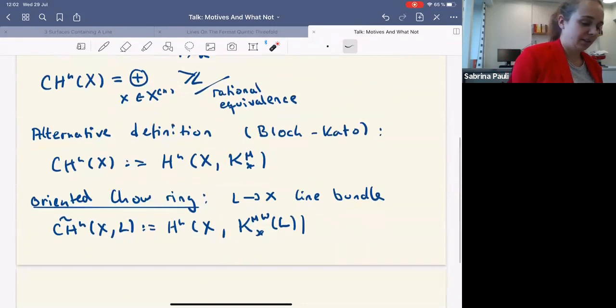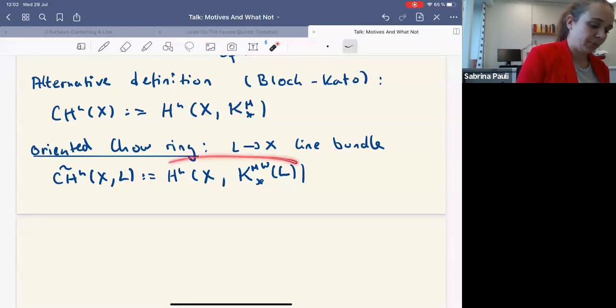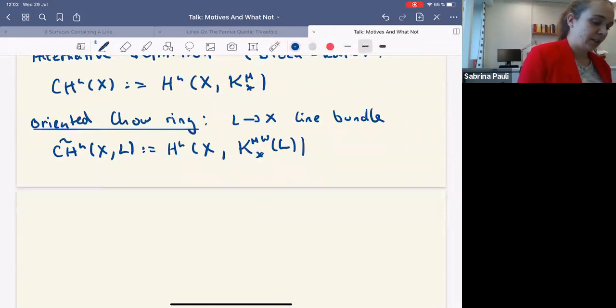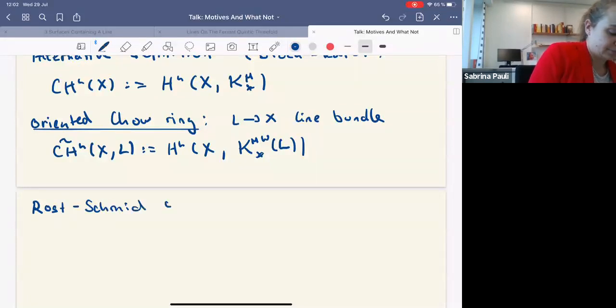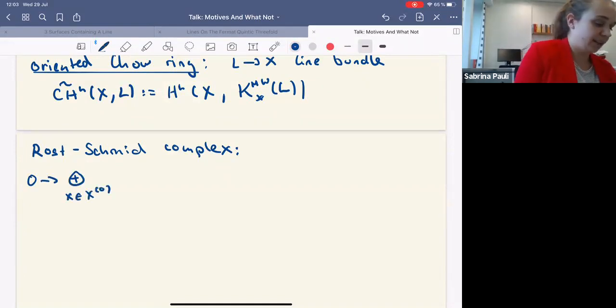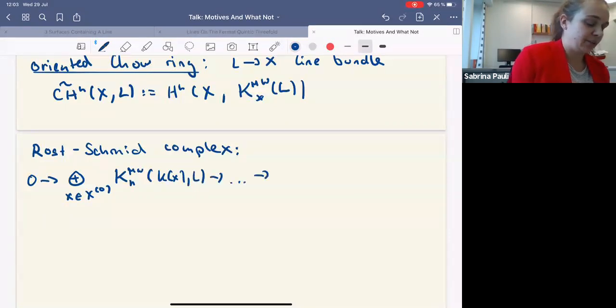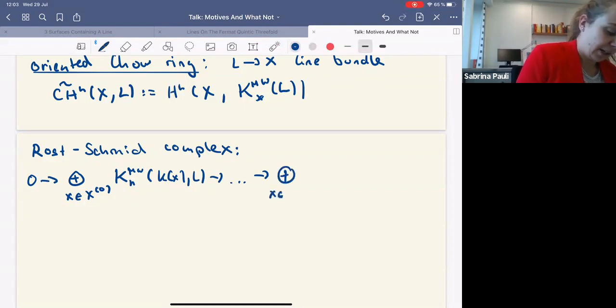So what I rather want than this abstract definition is something like this definition. Let's see what this actually is. This cohomology can be computed as the cohomology of the following complex. We start just like before with codimension 0 points on X, and then we take the direct sum over those of the Milnor-Witt K-theory of the residue field of X, twisted by L. Then we go on, but what we're really interested in, because we're looking at the nth cohomology, is the nth step. And the nth step is generated by codimension n points,